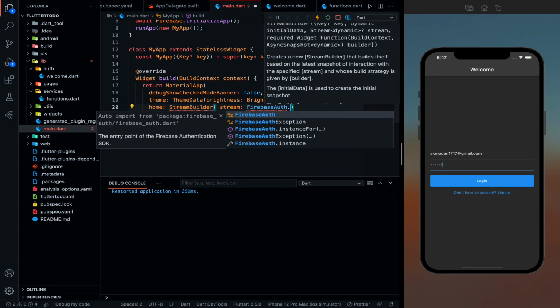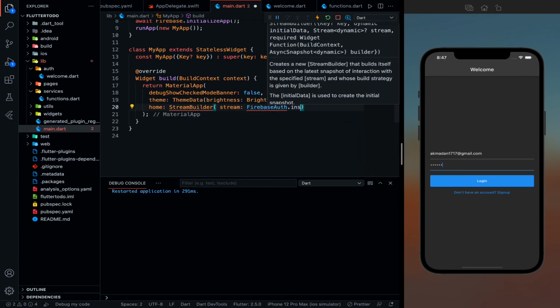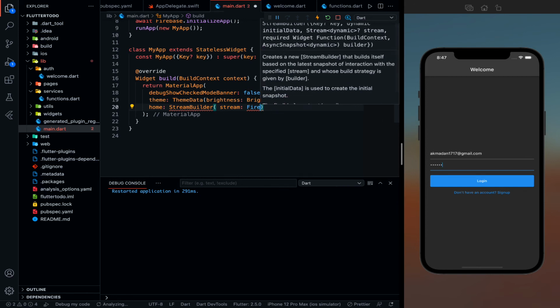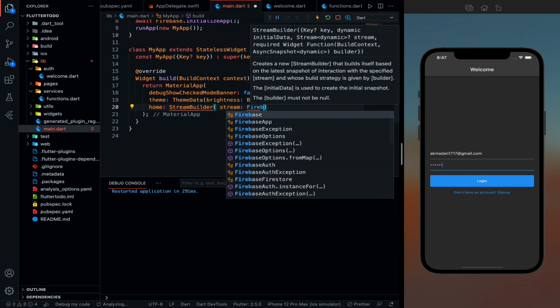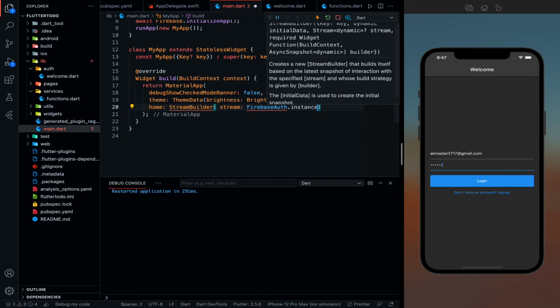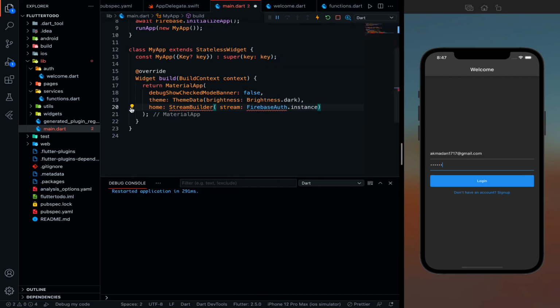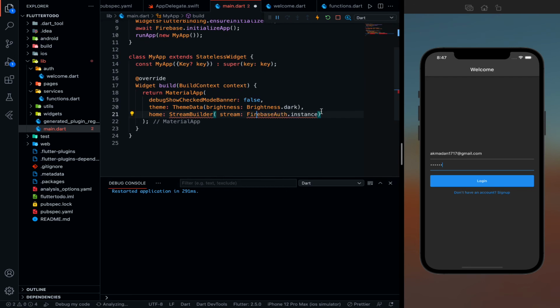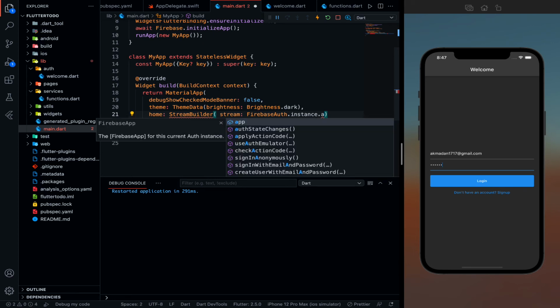Firebase auth dot instance. Why is it not happening? Okay, I think we need to import it. Yes, Firebase auth dot instance dot auth state changes.